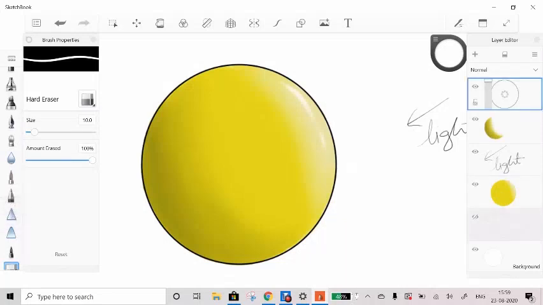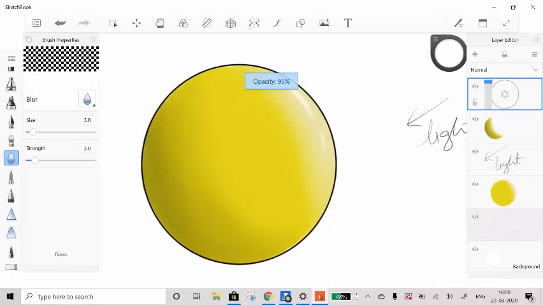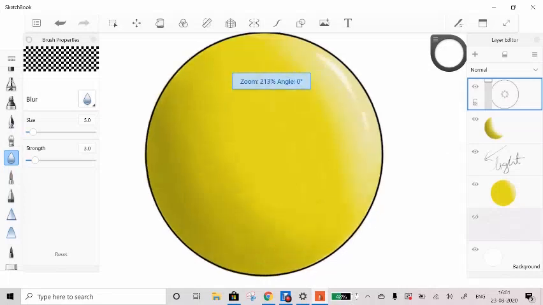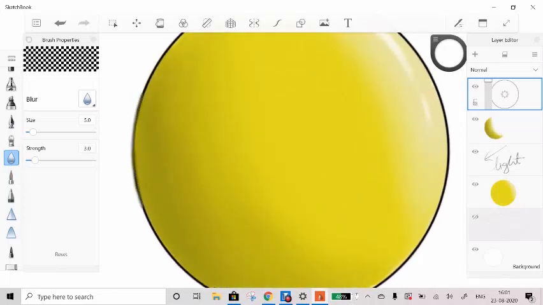If you go in the toolbox, there's this option of blurring it. You can select it, and according to the size and strength, you can just blur the layer. Or if you feel it is making it a little bit messy, you can just select the layer. This strip over here is for opacity. If you move it downwards, the opacity will decrease, but I personally would prefer the blur tool. So I'm just going to blur it.